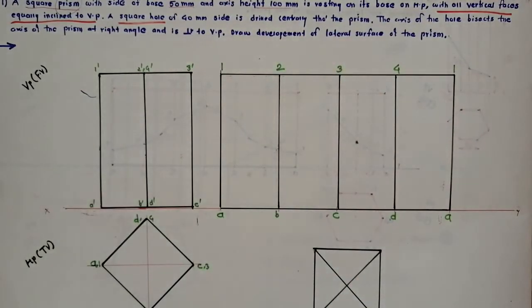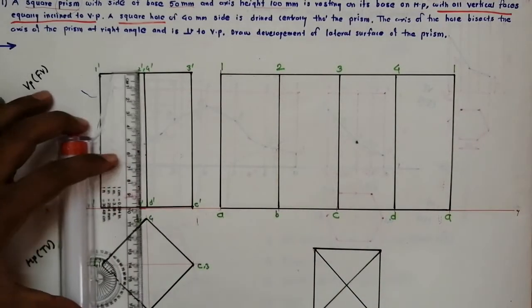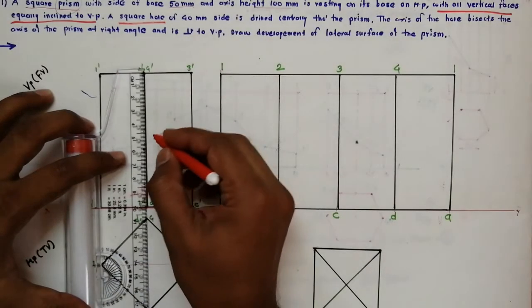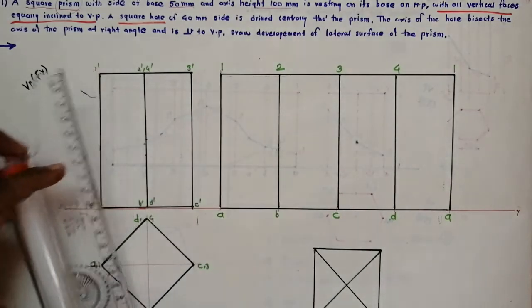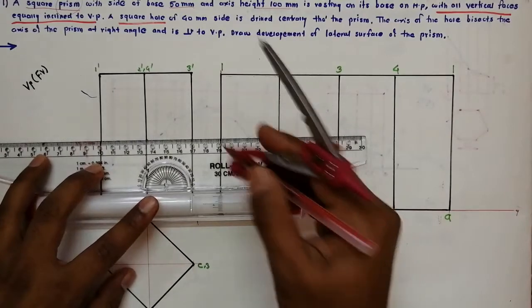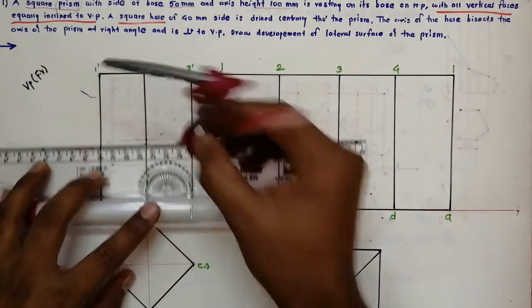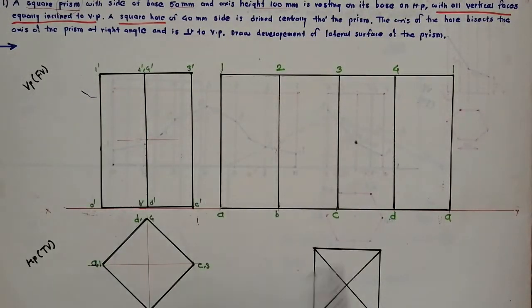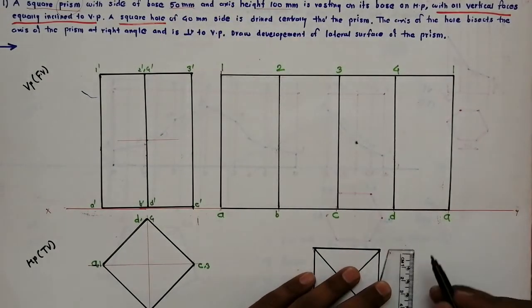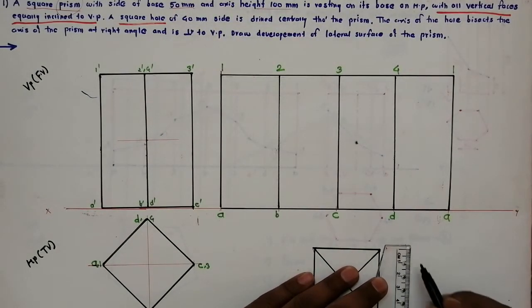So we'll first take the midpoint of the axis. The midpoint of the axis comes here. This is 5. Okay, so now we have to construct here another square that represents our square hole. Again we'll construct that square outside. It has dimensions of 40, so this is 40 by 40 here.